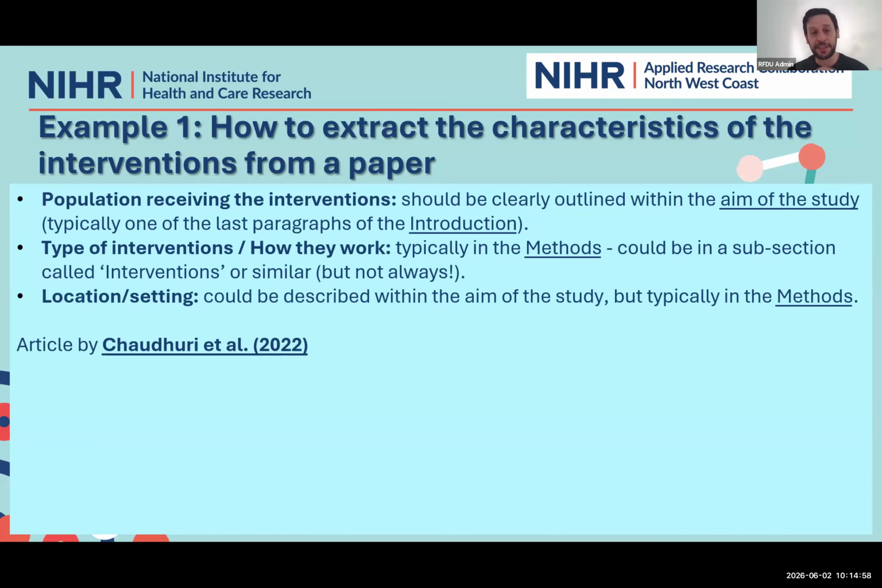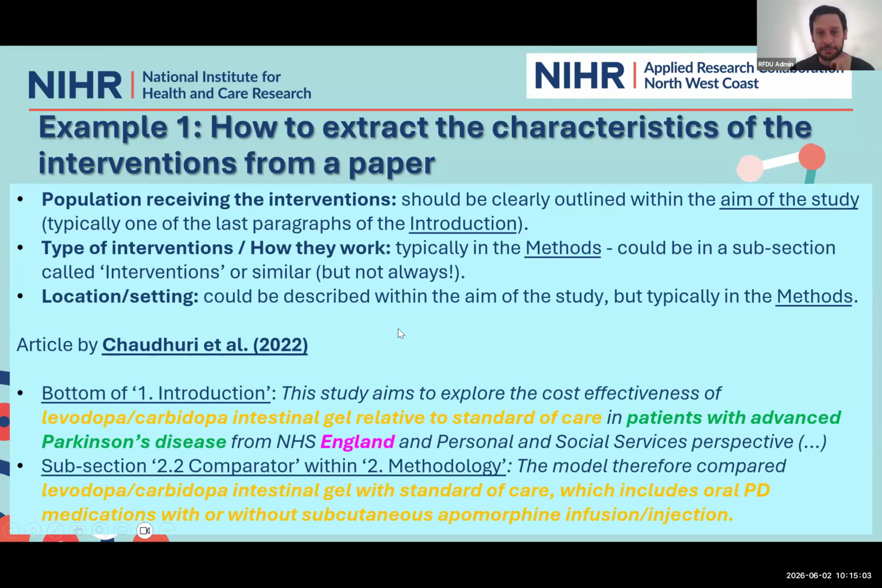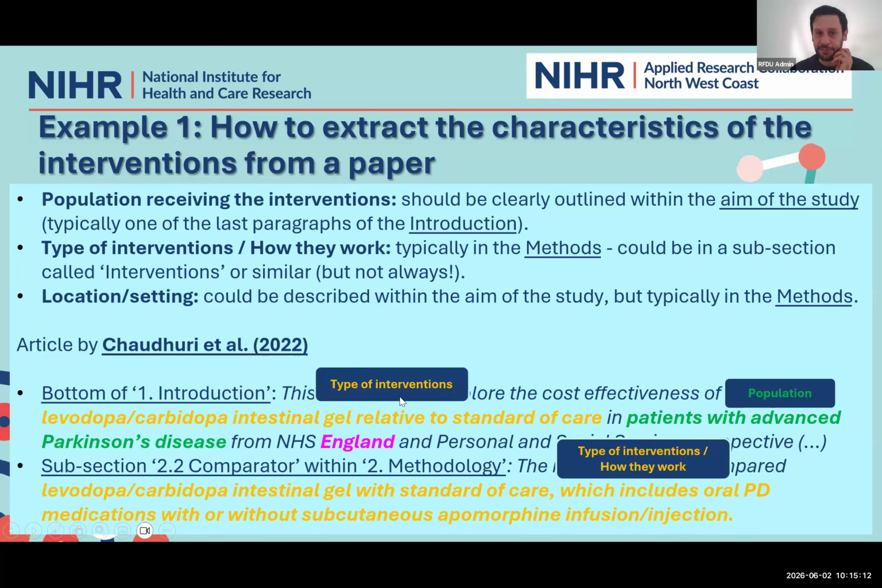And this is an example from an article we assessed in the past, where we got some information about the population here in green. That was actually at the bottom of the introduction. And then some information about the type of interventions in yellow or orange here. So you got this intervention, which was a particular intestinal gel for people with advanced Parkinson disease. The comparator was standard of care in this case, but if you go into the methods, you get some more